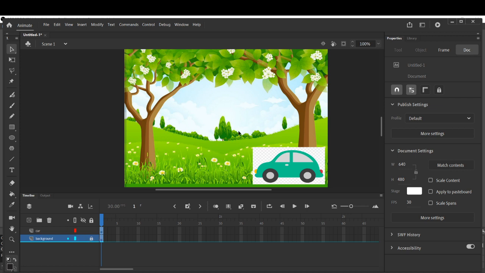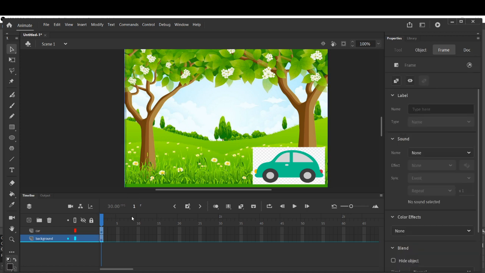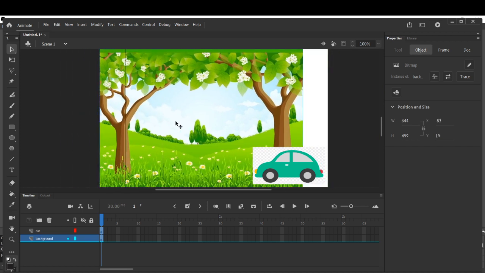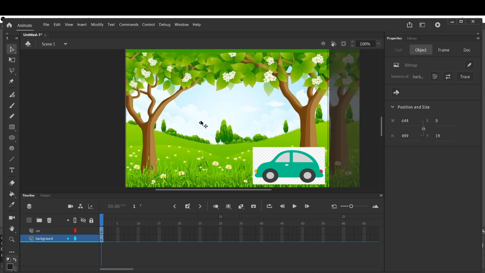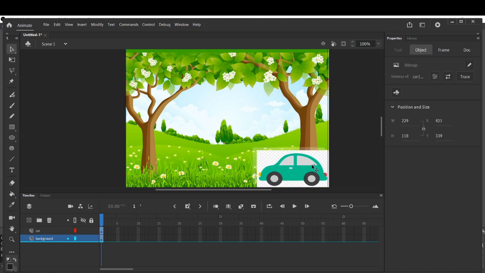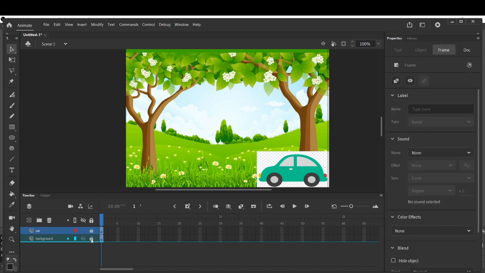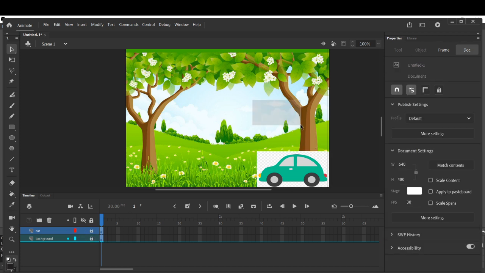So to drag this picture again, you have to unlock it. Now you are able to drag it. Okay, so after doing all your work, all your settings, if you want to lock it in its place, so you do not change its place after that, then you have to click on this padlock icon. Now this picture will not drag. See, I am trying to drag it, but I am unable to drag it.